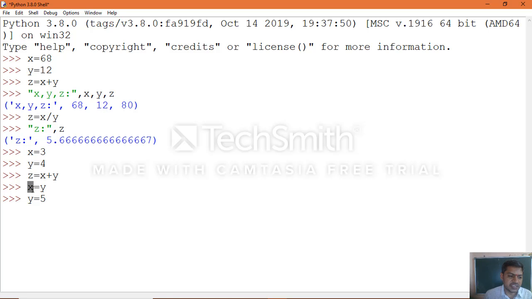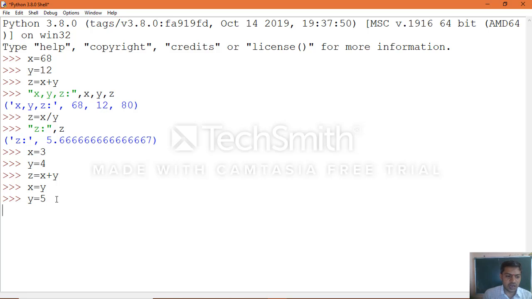Again we changed the x value here, x equal to y. Earlier y was 4, so that 4 is assigned here, and x will be considered as 4. Earlier, at the initial time, we defined 3, but after this statement executes, the current x value is 4. And y was earlier 4, and after execution of this statement it changes to 5.